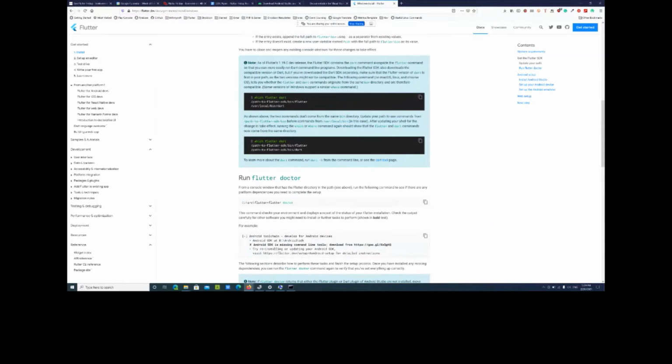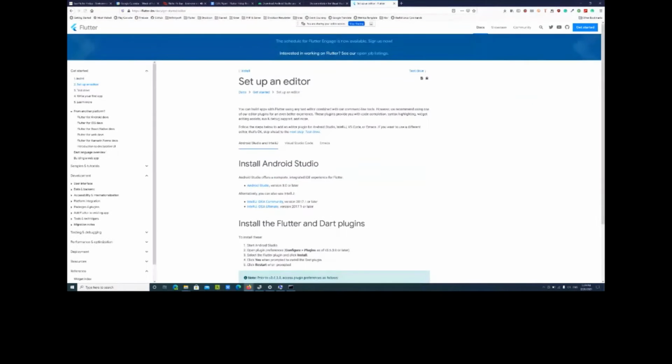So in the meantime, we will also need to download and install an editor, which we'll be using from our next session. We'll be using it to develop the apps that we're going to develop with Flutter. Flutter supports most of the commonly used IDEs, and not just IDEs, but also